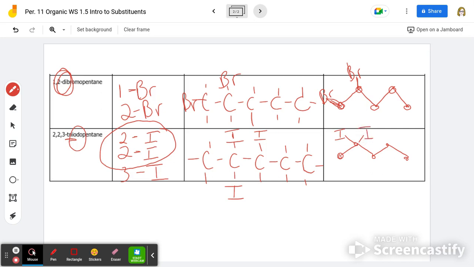And you can draw your 2 I's like that. You could draw one going up and one going down. It doesn't matter, but you're going to run out of space. So just kind of squeeze them in however you can. So there's your third one on your third carbon, and that is